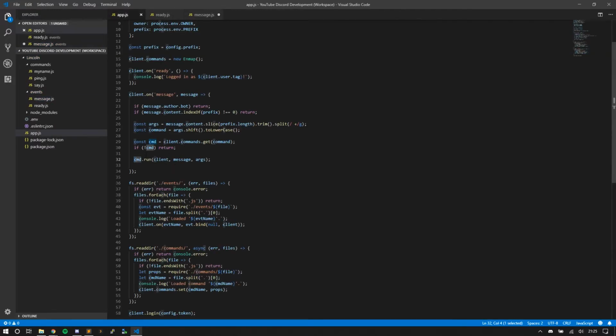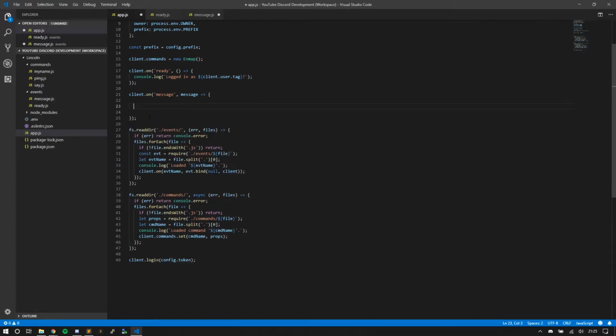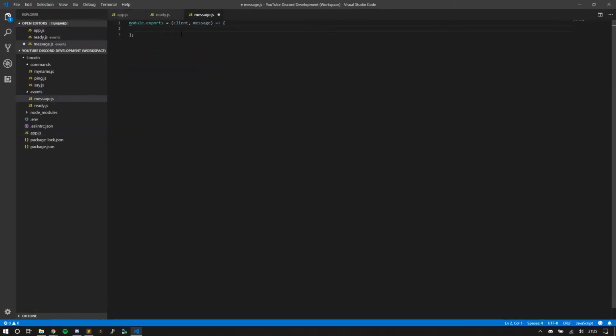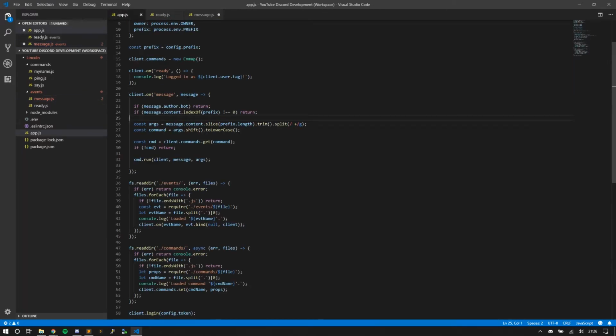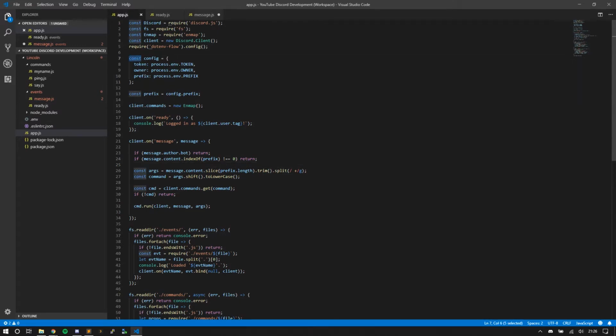Actually, prefix doesn't exist here, and that's fine because I'm going to show you exactly what we can do. I'm going to make this in its own file. I'm going to make a config.js file, not config.json, because I'm going to specifically use these properties. And this is actually something I've recently started doing in my bots, and I'm going to show you how I do it,